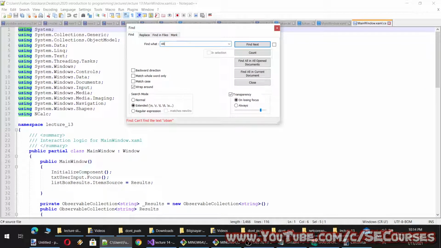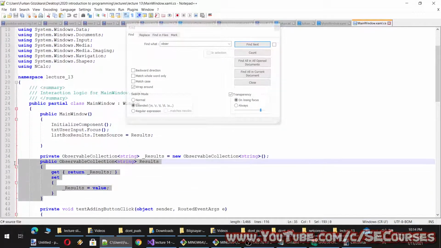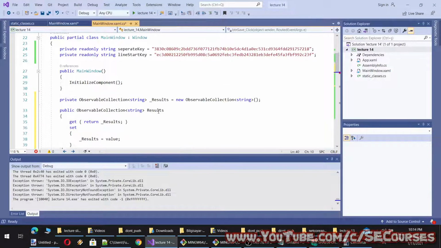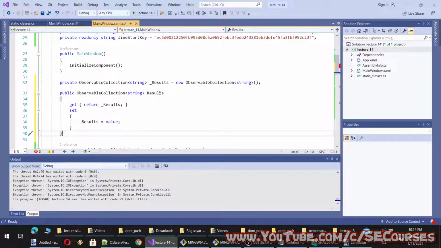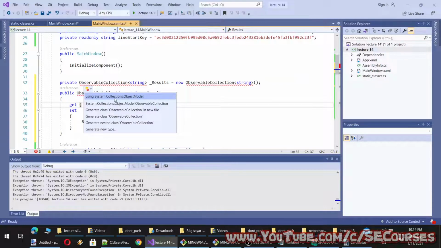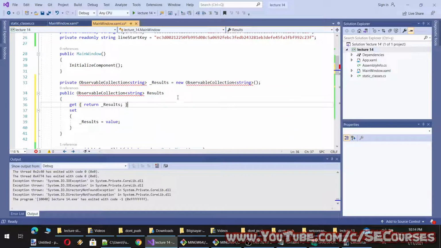Why do we use observable collection? Because this way we can bind it to our list box here, and to be able to use it we have to use a reference for System.Collections.ObjectModel, and I will name it as logs, or let's name it as user logs.